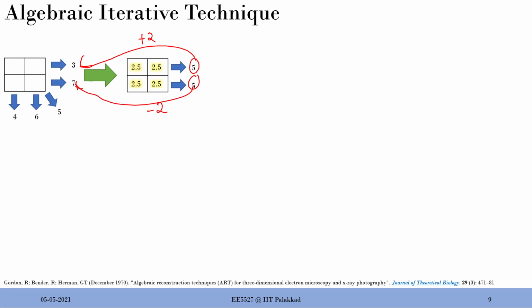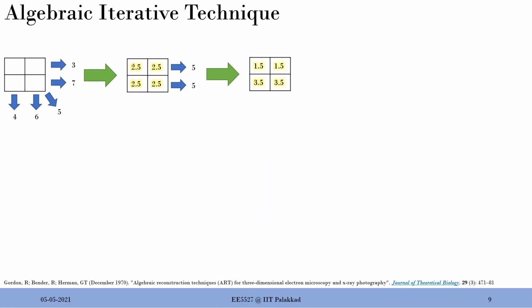So what we do is, there are two pixels to play with. So this 2 will be divided by 2, and then we'll correspondingly add or subtract from the location to make it 3 and 7. So that's to make it simple. To make this value 5 into 3, we need to deduct 2 units from the 2 pixels. So that means 1 unit from each of the pixels. And similarly, to make this value 7, we need to add 1 to each of these pixels. So that's what we do as the next step.